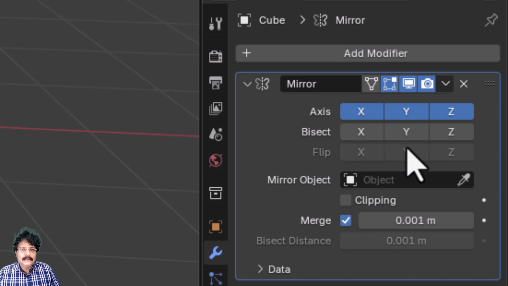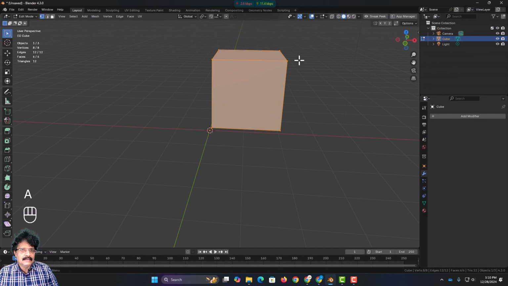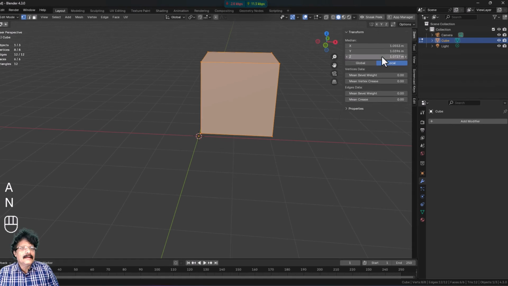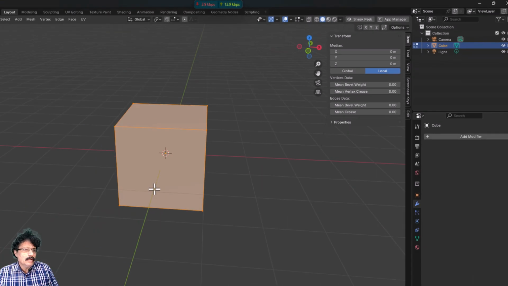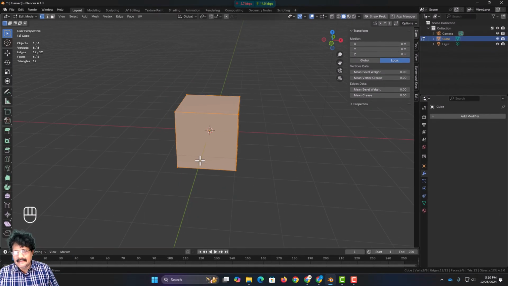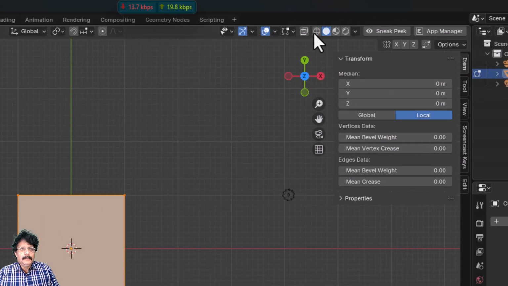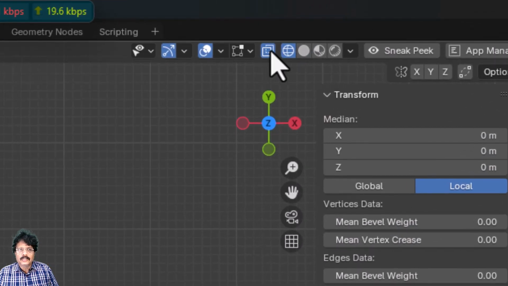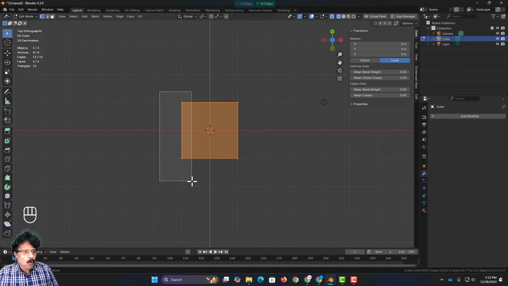I will come over here and temporarily I will remove this mirror modifier, press A and select everything, press N, and here in the median I will set its value to 0 so that this is placed exactly at the center. I am going to press 7, come into the top view, and then I will come into the wireframe mode, see that the toggle X-ray is on, and in the vertex selection mode I will select all the vertices